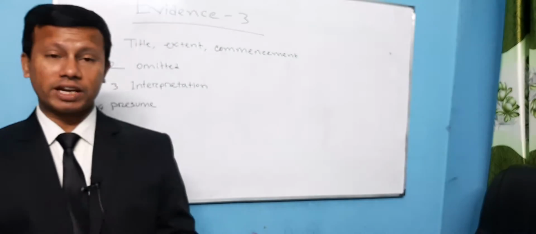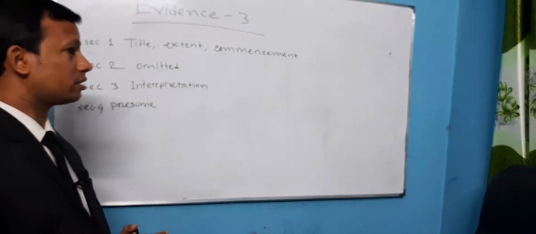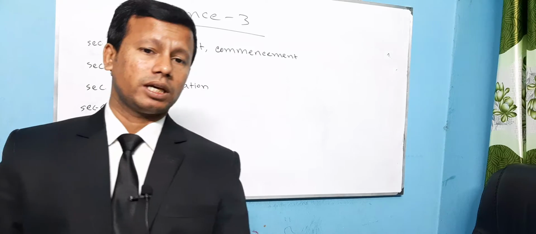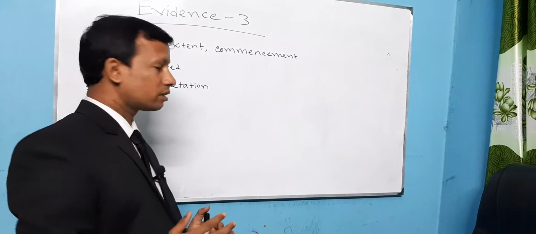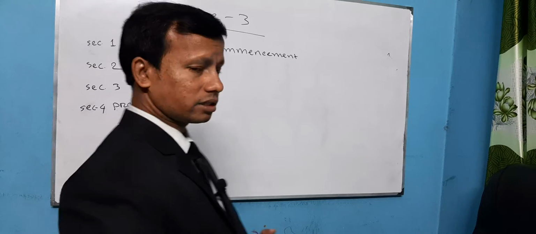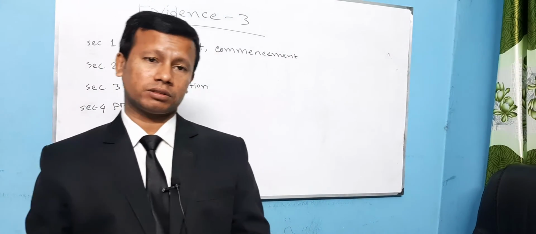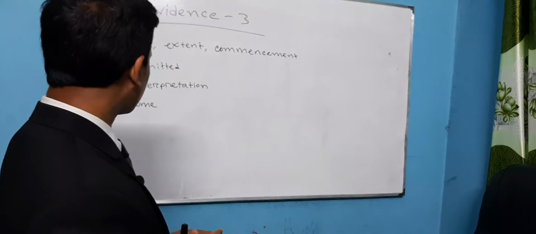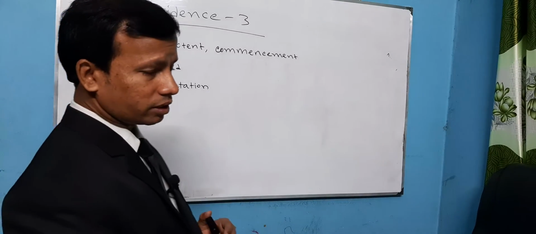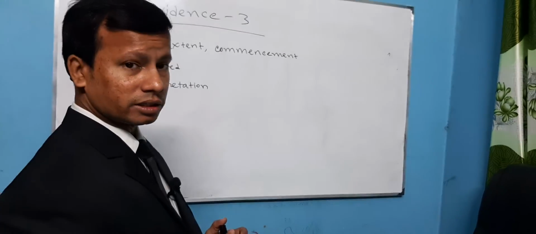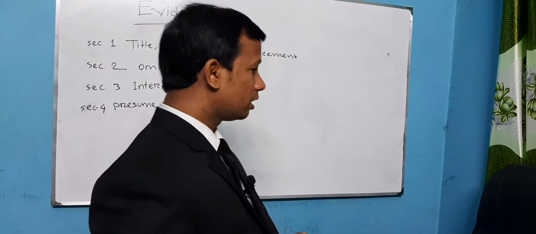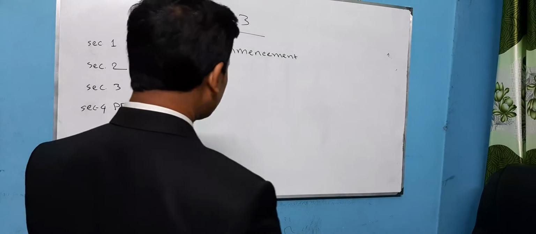So now we come to fact. What is fact? In the eye of the Evidence Act, fact is not what we commonly think. Fact is that which can be seen, touched, caught, felt, smelt, or weighed. Such a thing will be a fact in the eye of the Evidence Act. The Evidence Act's definition of fact is somewhat difficult; you may not understand it easily by reading, but you will get a hint in such speech as I am giving. You will not get the hint directly. This will be a fact in the eye of the Evidence Act.